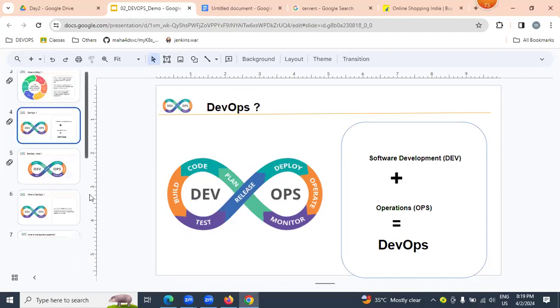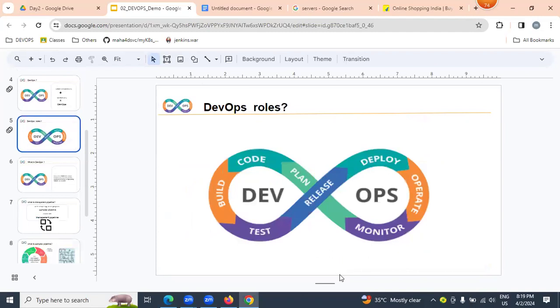That means our roles and responsibilities as a DevOps engineer start from the dev environment to operations.